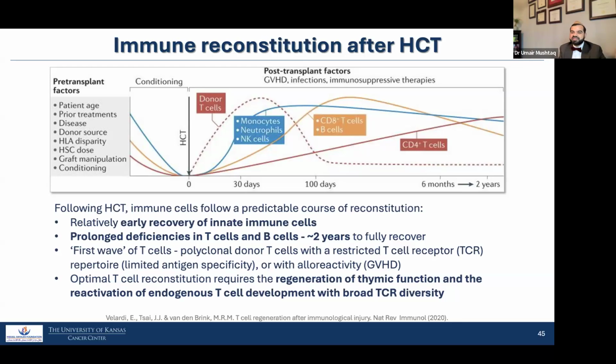A simple way to say it is that you may see soldiers, like you may see cells recovering, but that doesn't mean that they have an intact immune system. They essentially don't have a command center. So it takes time to establish that. And the 6 months to 2 years is age dependent and depends on a lot of other factors. But up to a year, these patients need to be watched very closely.